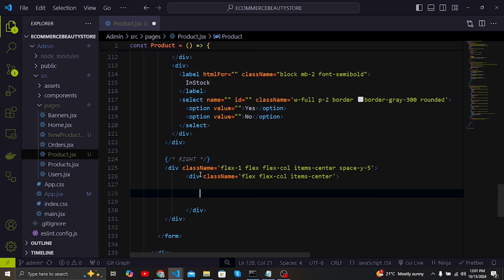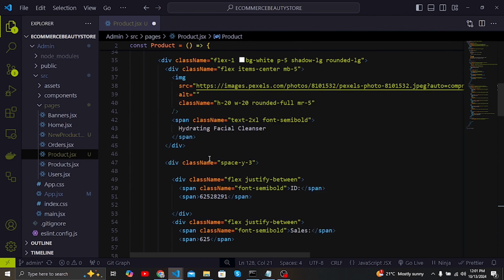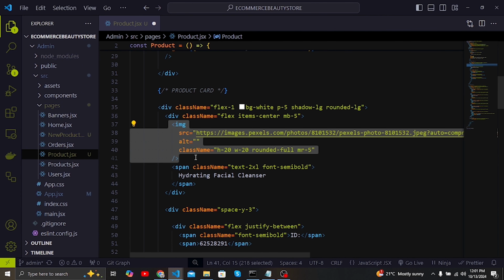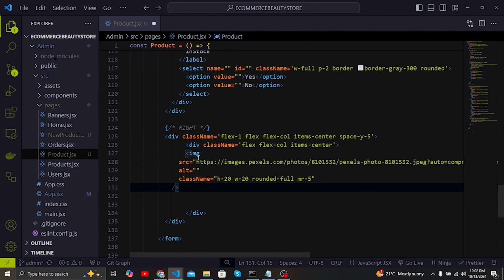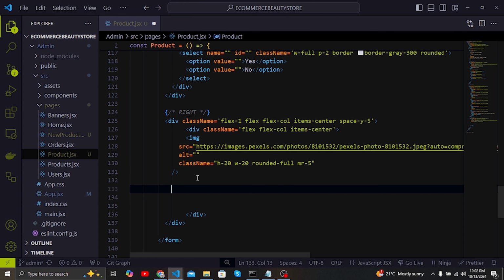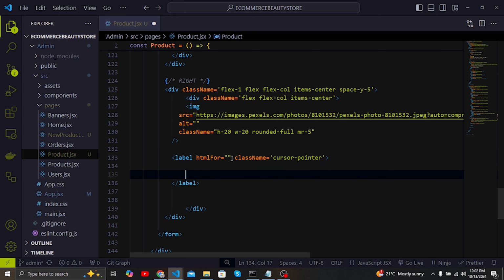And then inside here we can have the image. So I'm going to copy this image here because also the image looks the same. So copy, the styling is everything just the same. So I'm going to paste it here, and after the image we are going to have the label. So for this label here, I'm just going to give a styling class name, and then we can give a cursor to be pointer, cursor pointer, like that. And then inside here we can have the icon for upload,